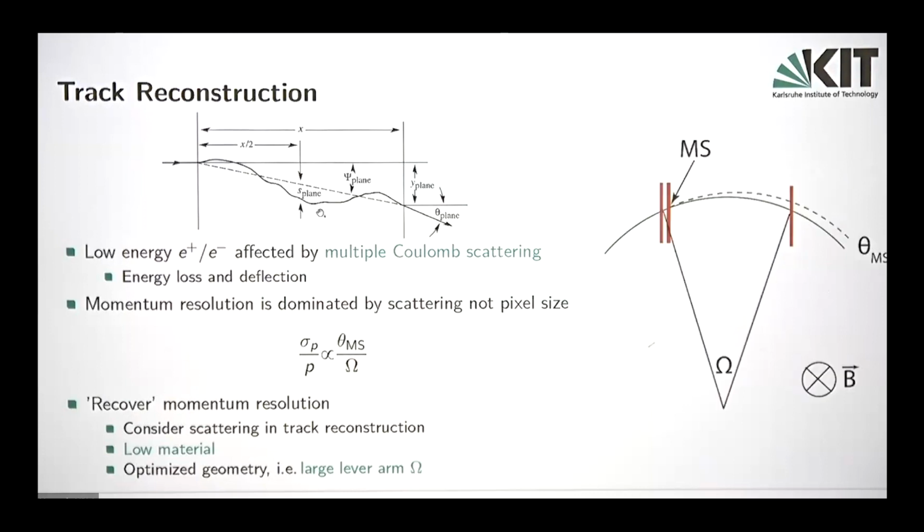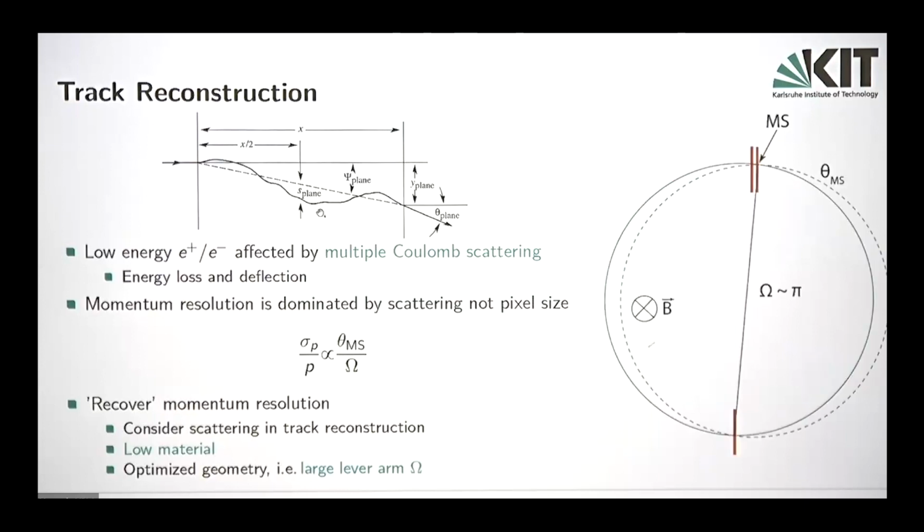And what we do is, well, this is another depiction of the lever arm. You have your detector modules in here, and you have a distorted trajectory you measure with some uncertainty there. But if you have a very large lever arm of 180 degrees, the two circles meet again. So at this point here, you have the best momentum resolution you can achieve in this regime. And that is why we chose the geometry of our detector to be as it is.